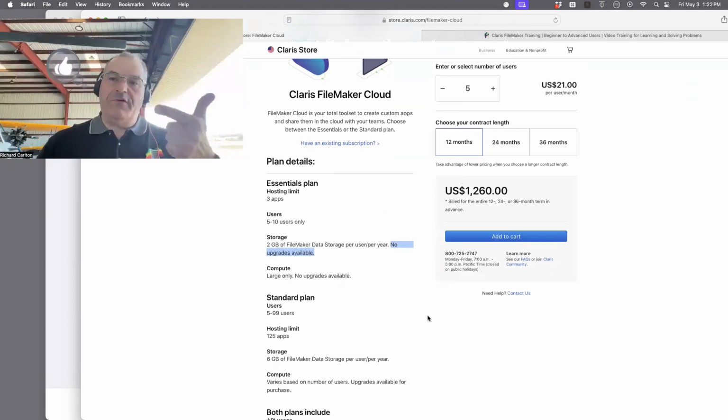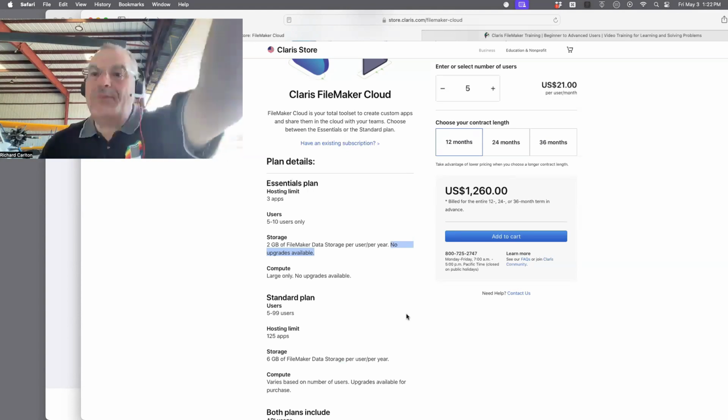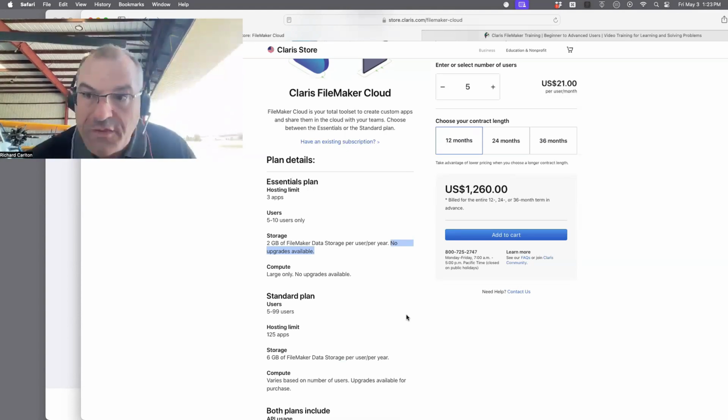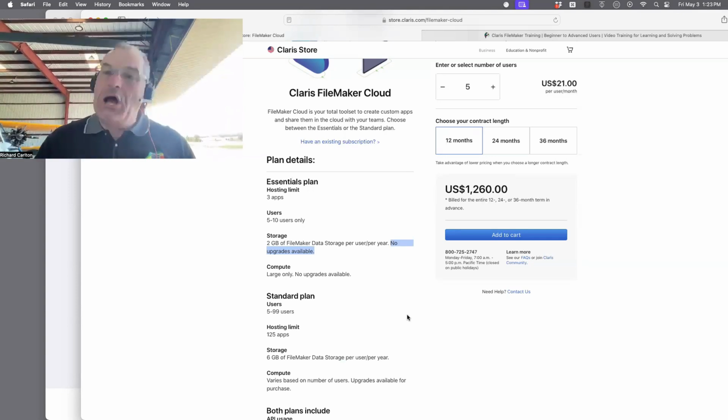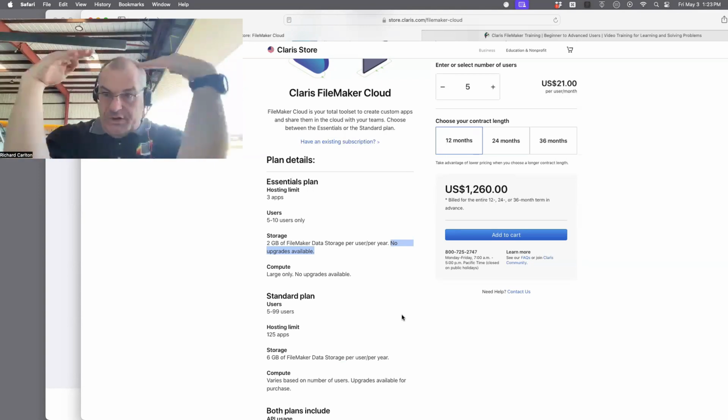More databases, more files, a Monkey Bread plugin on the server. Remember, the Monkey Bread plugin you install on the client, Mac or Windows. You can't install it on Go or WebDirect directly, so you have to put it on the server for Go or WebDirect. But it won't go on the server here because it's an Apple server, and Apple doesn't want anyone else's plugins. They don't want Christian Schmidt's on their server because they only trust themselves.